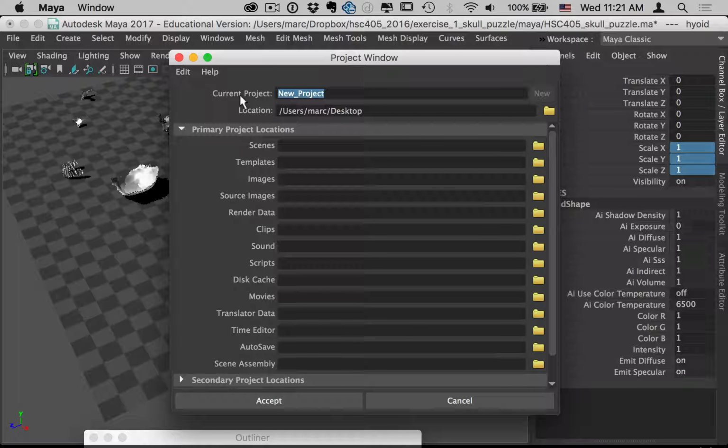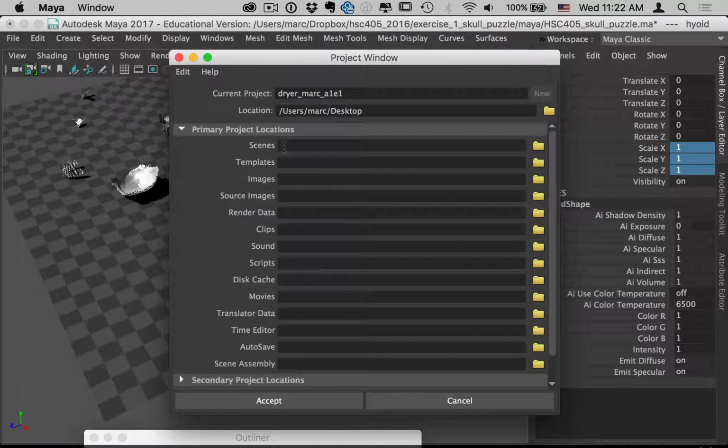So we call this, as I told you what to do, in the thing it says last name underscore first name underscore A1, E1, so assignment 1, exercise 1. I think that's it. So that'll be the folder that everything is contained in, and that folder will be placed on your desktop. And the Maya files, the one thing you're working in with all these skull bits, is called a scene,